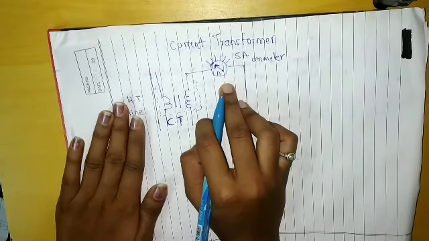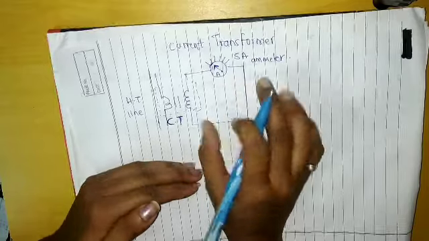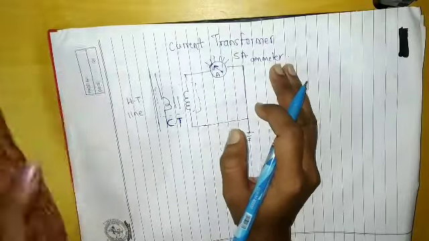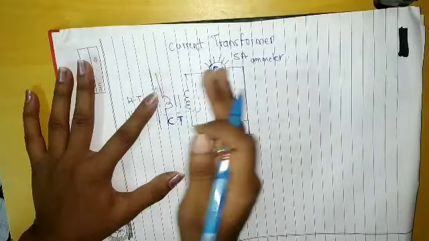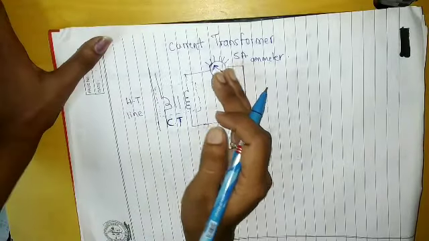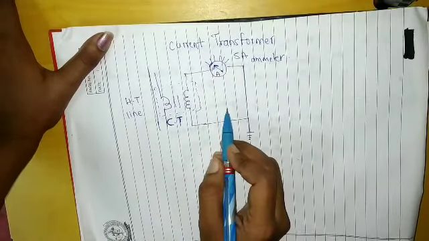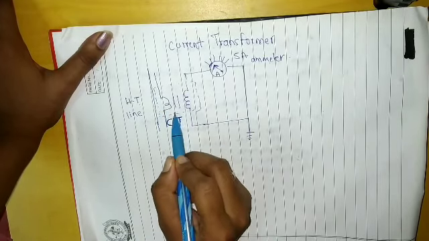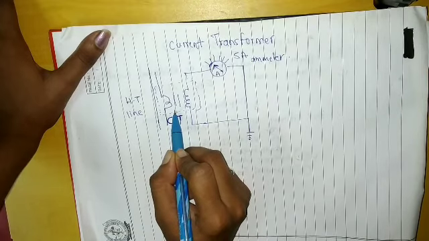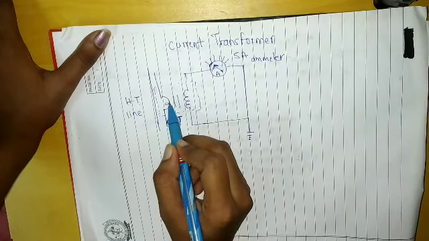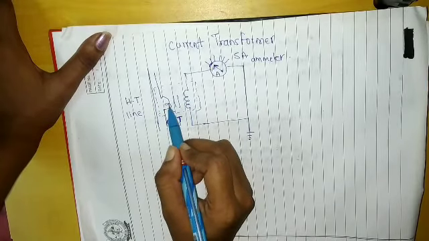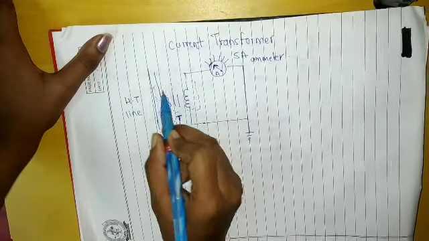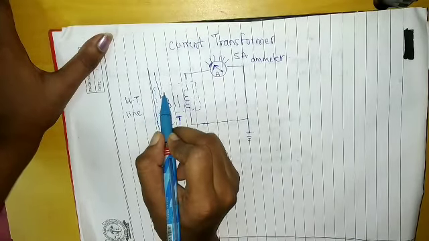So the current transformer has to reduce the current on the secondary side. So this is the primary and this is the secondary side. We know a transformer has primary and secondary. So the connection, as you can see in the diagram: the primary of the current transformer has few turns. As compared to the secondary, it has a low number of turns on primary, and primary is connected in series. So you can see this is connected in series with the power circuit.